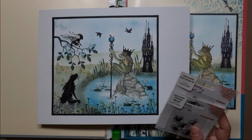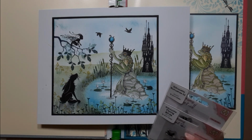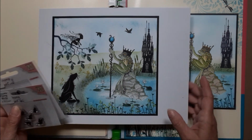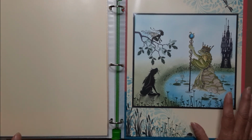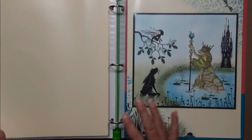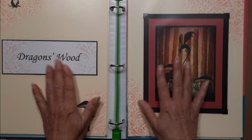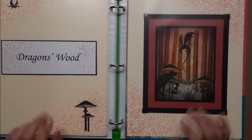Now, Nellie's Choice has loads of different stamps to choose from. Check them out. These are just a couple that I used in this picture. Now, again, where to go with all of these pieces. Keep going back. Now, back to the dragonwood. You don't have a lot of questions that you can ask on this, but perhaps...